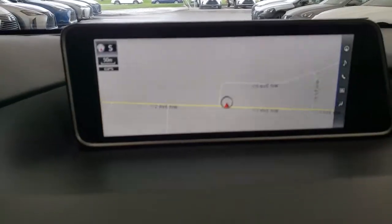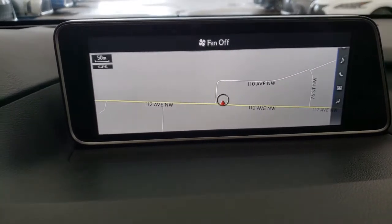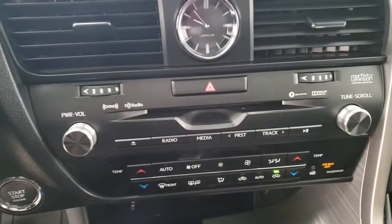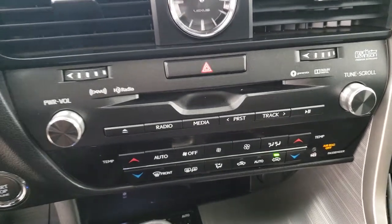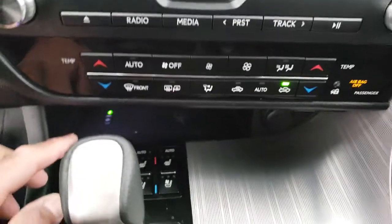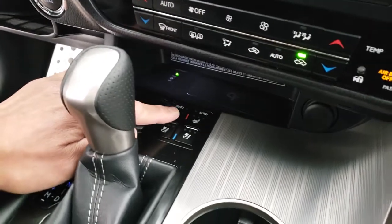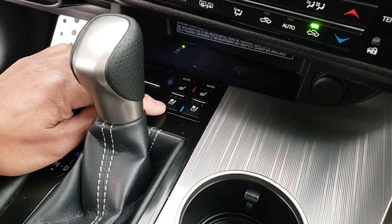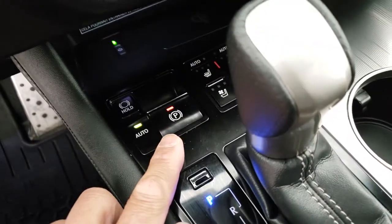12.3-inch multimedia display with navigation, Bluetooth, and backup camera, 15-speaker Mark Levinson premium audio system, dual zone climate control, wireless smartphone charging, heated and ventilated front seats, electronic parking brake,